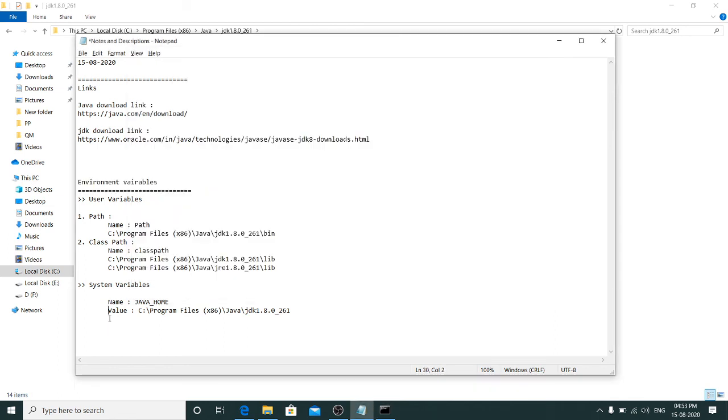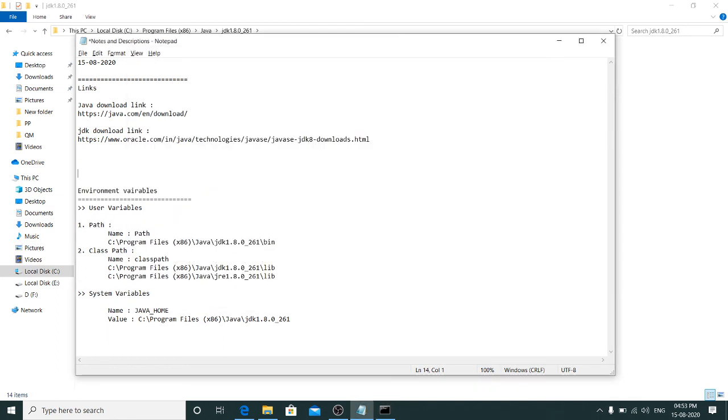So let me paste this here so that you can press Windows plus R and input CMD, and in the command prompt type the below commands.